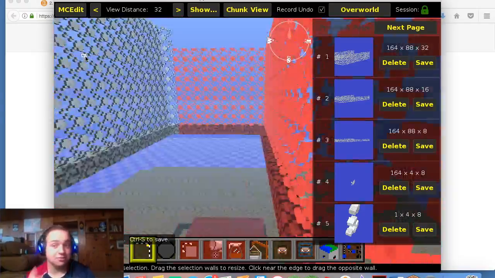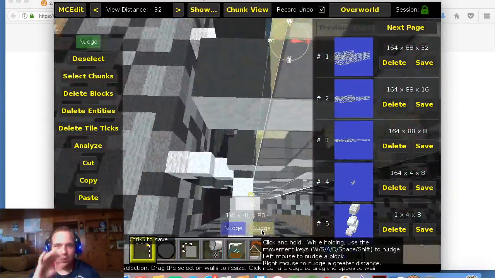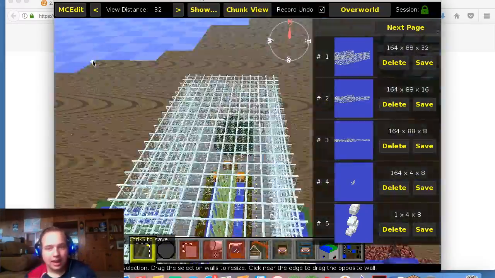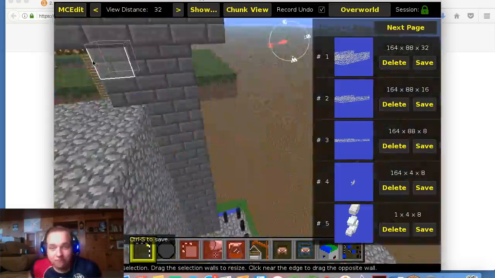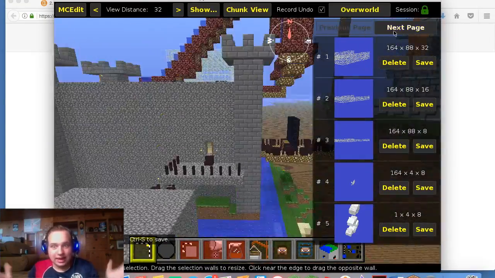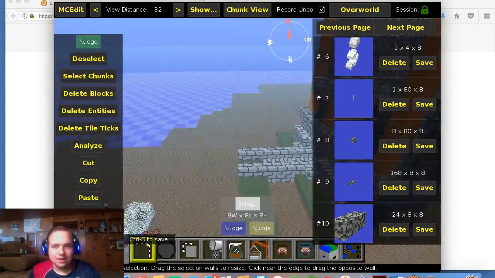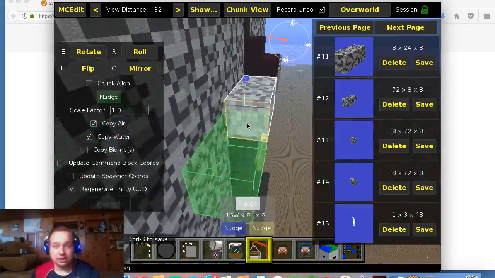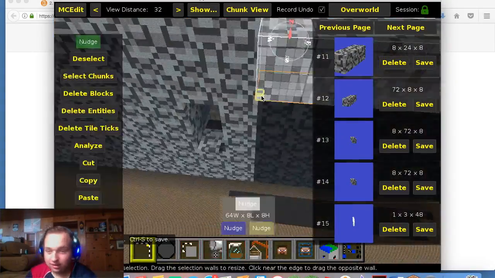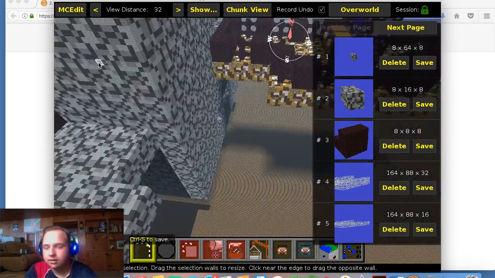Because if I just did 1, 1, 1, 1, 1, it took me so long to line it up with the first layer. If I didn't do that, I would have been there for another 15 minutes. Always find a way to make things faster and easier. I love that, man. So here I do this little section.